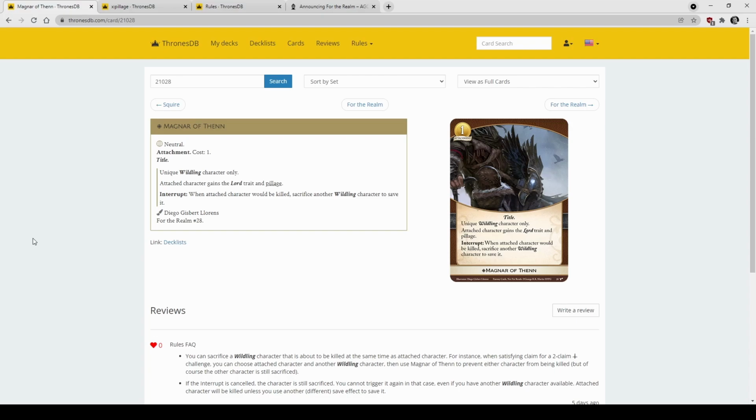It goes on unique wildlings and gives them the lore trait and pillage, and then has an interrupt: when attached character would be killed, sacrifice another wildling character to save it. So this is one that I put in that deck that I mentioned as well, to put on Mance Raider, to have a chance of saving him. That deck didn't really work, but there were some surprising synergies that I found to be quite useful. And this one,